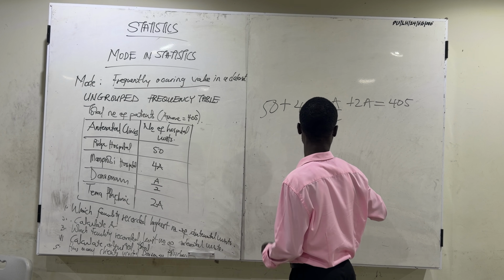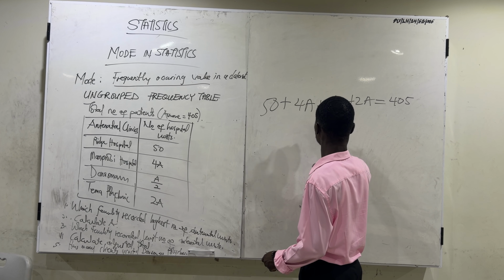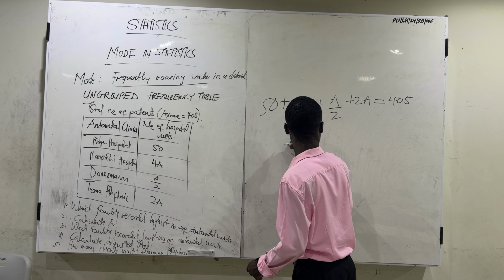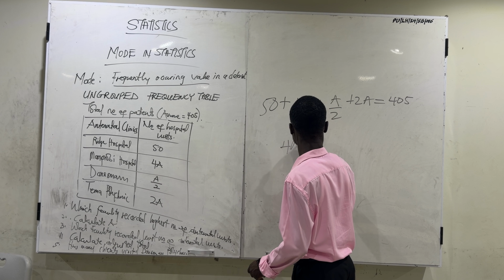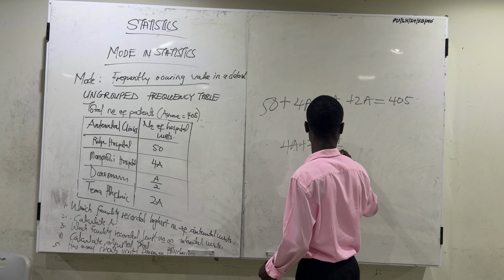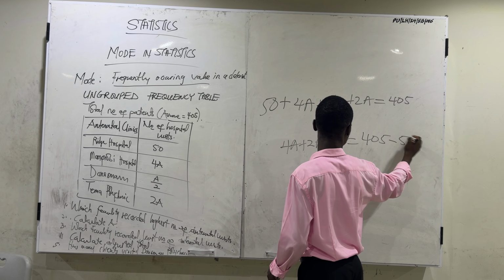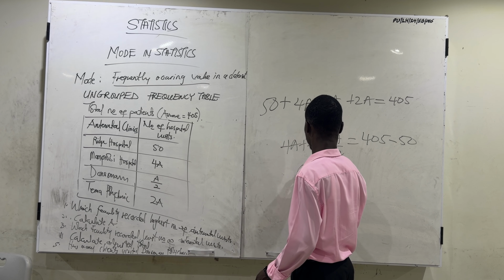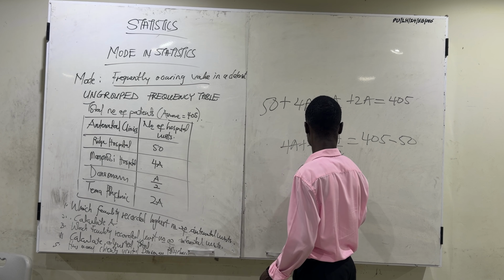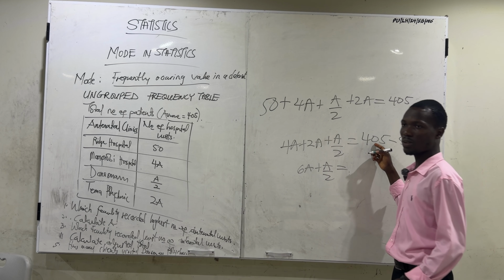So we can group like terms: 4A plus 2A plus A over 2 is equal to 405 minus 50. This gives us 6A plus A over 2 equal to